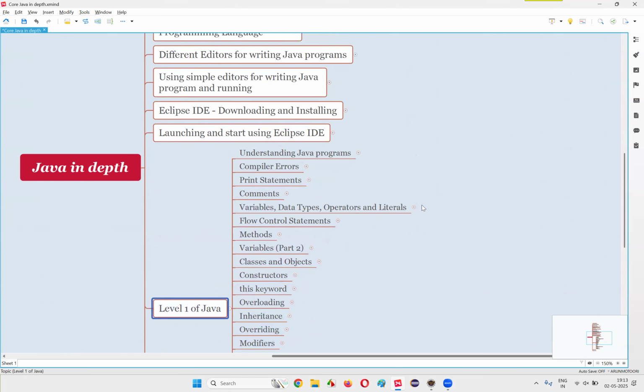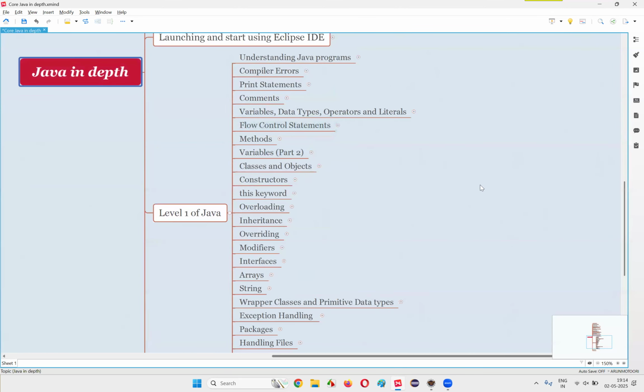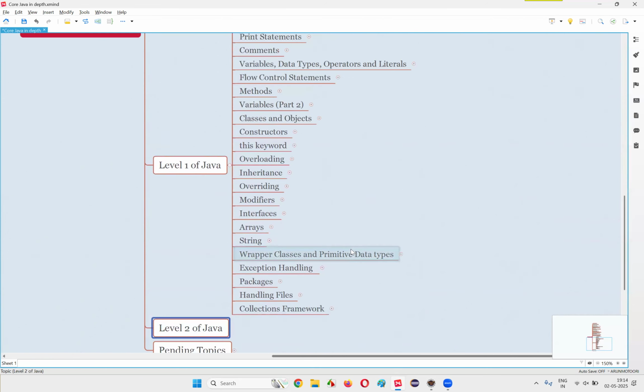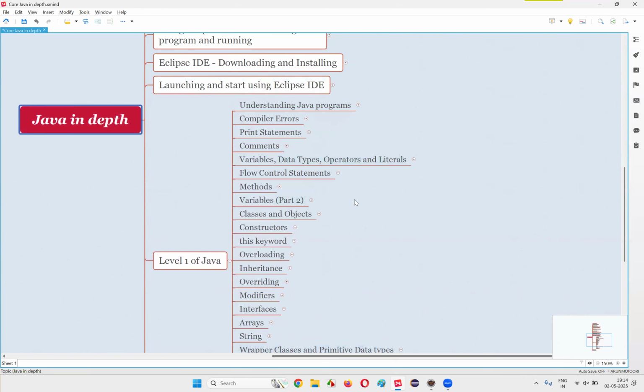Hope you understood what I'm going to do as part of this course now. We have reached a stage in this particular course where we are going to get started with Java programming, and first we'll comfortably learn the concepts of Java. Once we get the idea of all the concepts and topics of Java, then we'll move into the in-depth level in level 2 of Java. This is the plan that I want to explain to you before I get started with level one of Java, so that you will tune yourself to this particular course and how this course is designed. You'll get an idea.